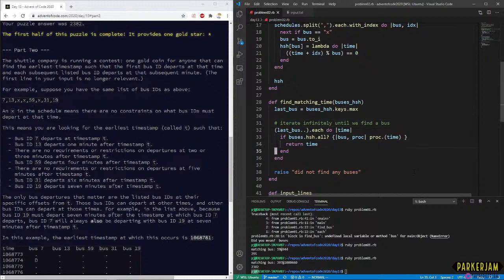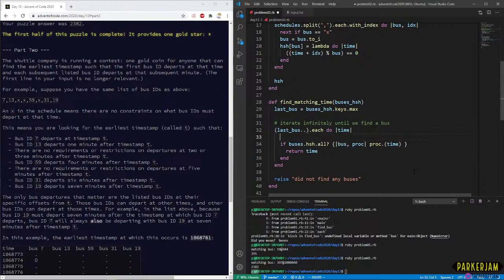Okay, I feel like it's gonna be super slow, so I just kind of want to print something repeatedly so that it feels like we're doing something.